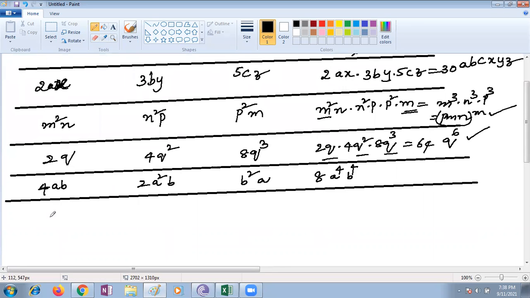Next, Nityasri. Nityasri, are you there now? Yes, ma'am, I'm there. Minus 2A, minus 4A square B and minus 3B square A. Of course, lengths are not negative, children. I'm taking integers. Please don't consider that. You are just multiplying things. Now, what is the product of these three numbers?